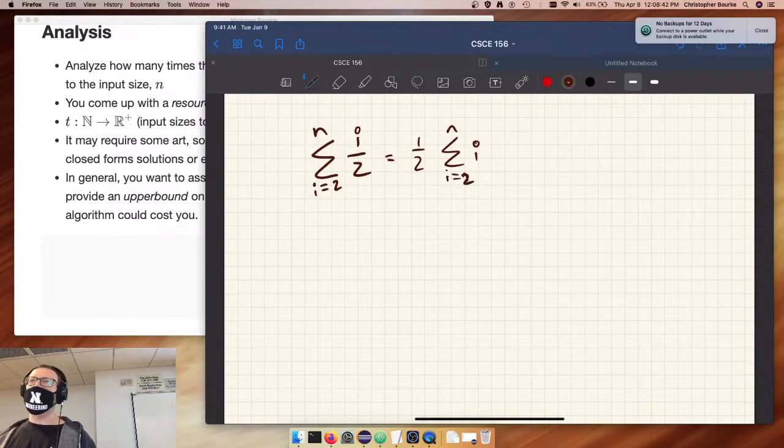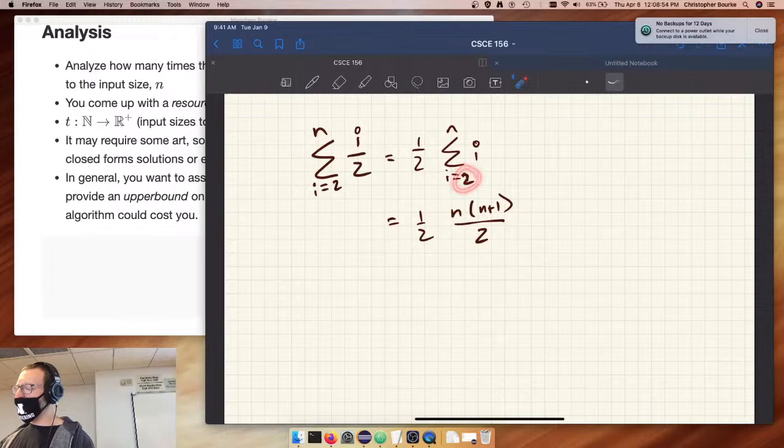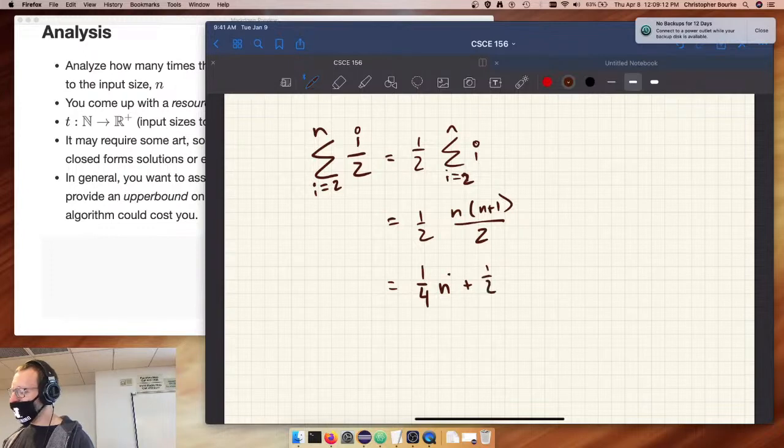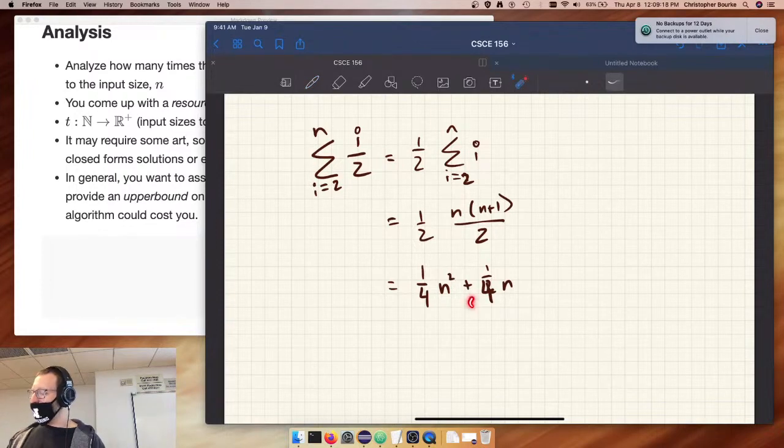And now we can invoke that guy's formula, right? And that's going to be 1/2 n times n minus 1, n plus 1. Now we're not starting out at 1 here, so we would have minus 1 implicitly. Again, I don't care about that, I'm just giving you the idea. Ultimately, what value are we going to have out front here? 1/4 n squared, plus a quarter n. Writing it all wrong there. And when you ignore lower order terms, when you ignore the constant sitting out front here, you still have a quadratic